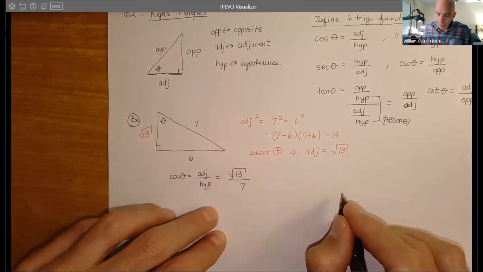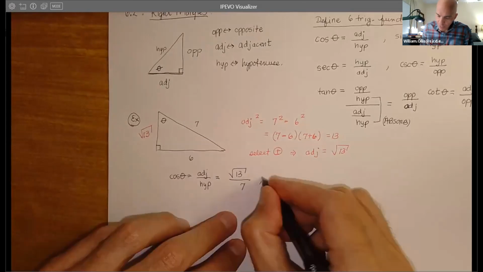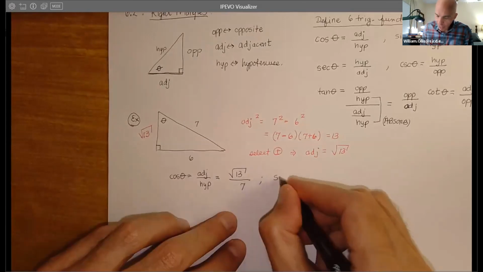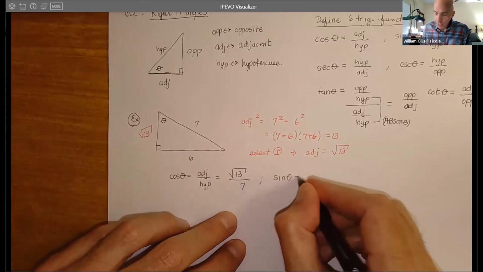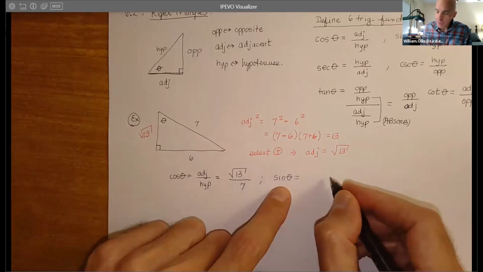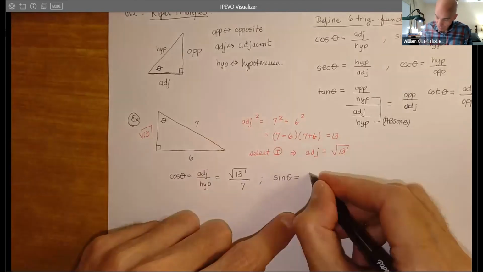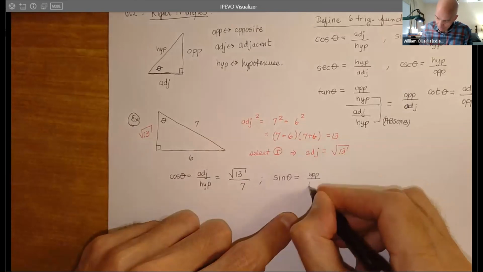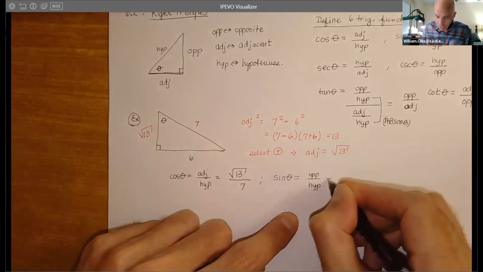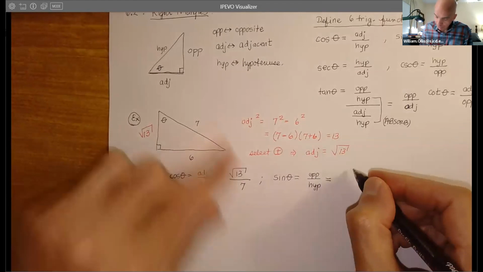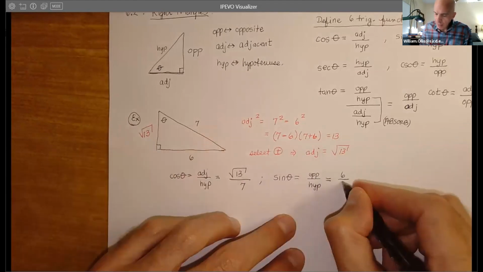Now, another thing, again, when we move through this, like I said before, let's go ahead and write down the definition for sine theta, which should be opposite over hypotenuse. So that will be 6 over 7. And of course, you're thinking, well, you know,